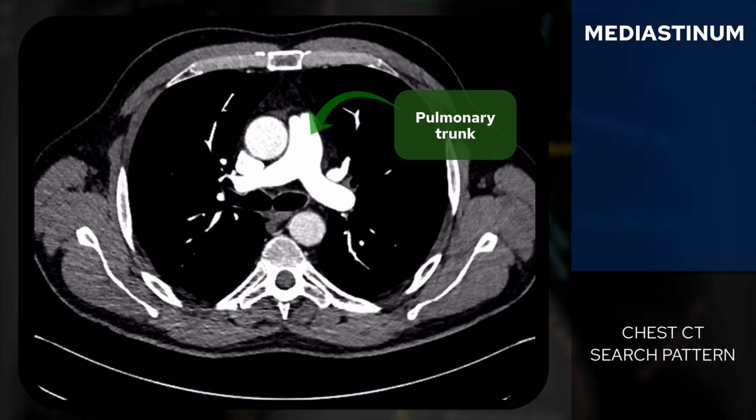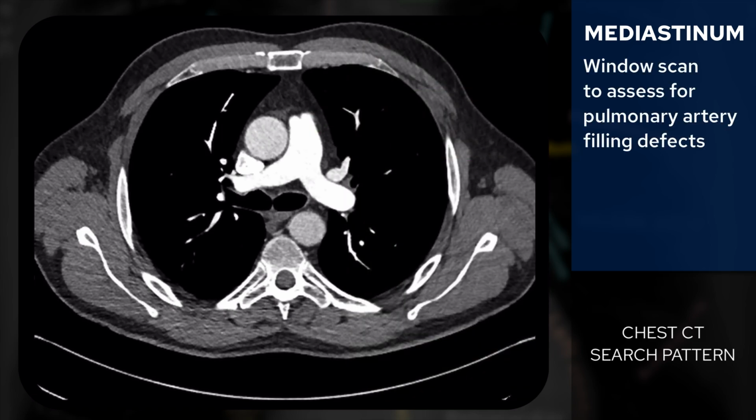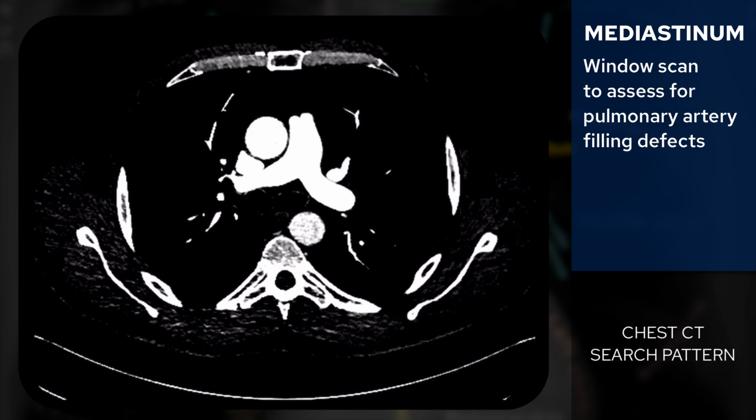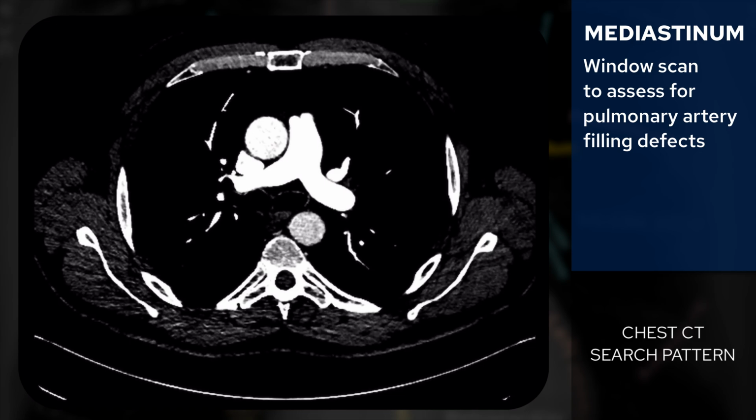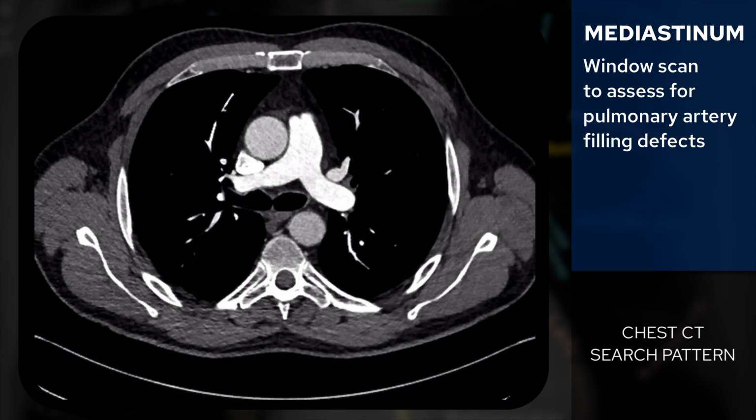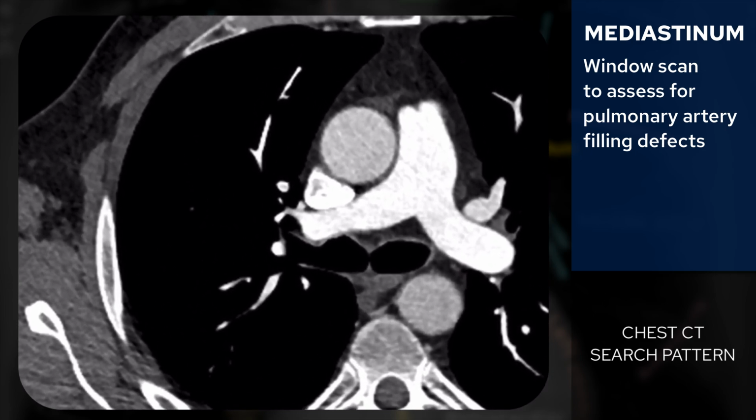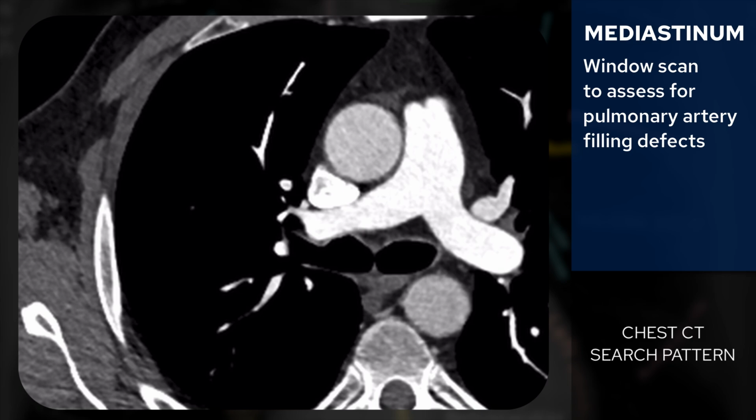Now, a really important thing here is that it's important to have it windowed the right way. So what you don't want is for things to be too bright, as that can mask filling defects within the pulmonary arteries. What you need is to widen the window slightly so you can see a little bit of noise within the pulmonary artery itself. And then what I tend to do is to zoom right up and then follow the vessels